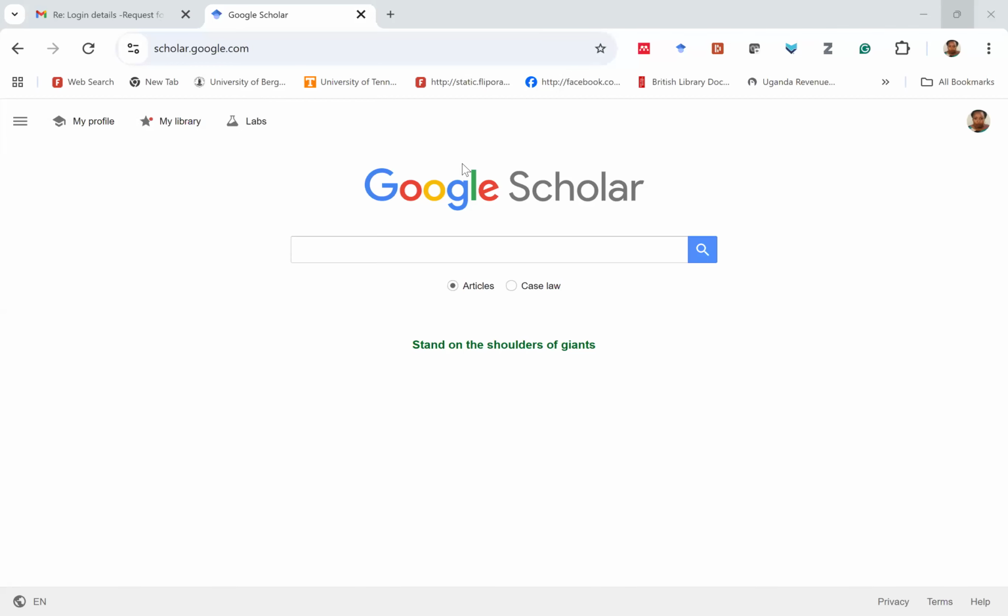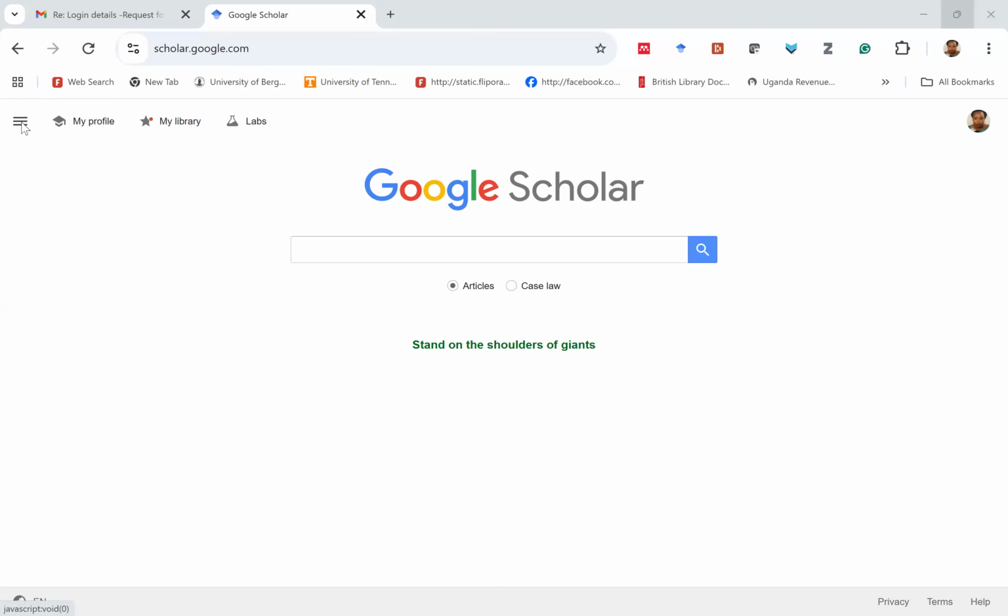I think you're able to see my Google Scholar. Remember, I showed you Google Scholar and Research for Life, but you can also sync your normal Google Scholar to Research for Life. How do I sync my normal Google Scholar to Research for Life? On the left-hand side, we have the hamburger menu. You see this hamburger menu? The 3 bars. So I know you're getting tired, but I'm about to finish.